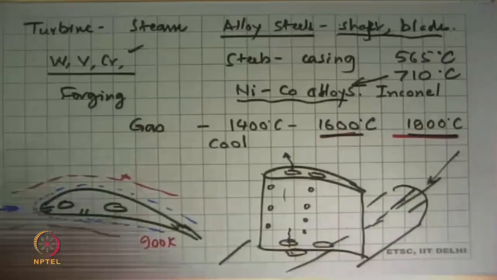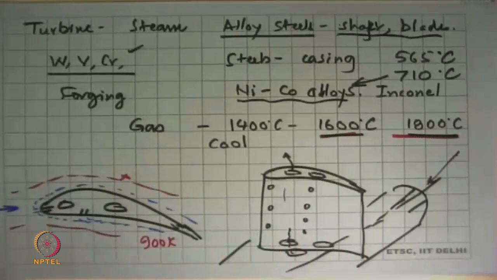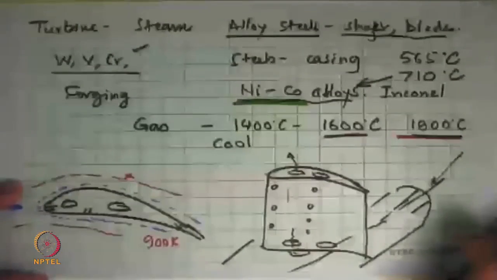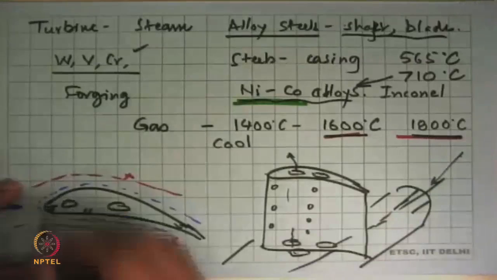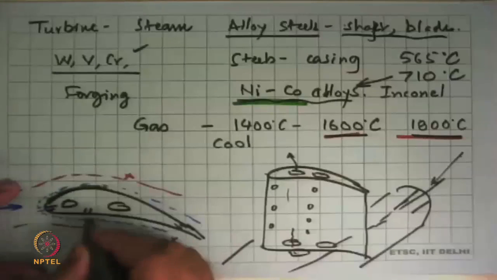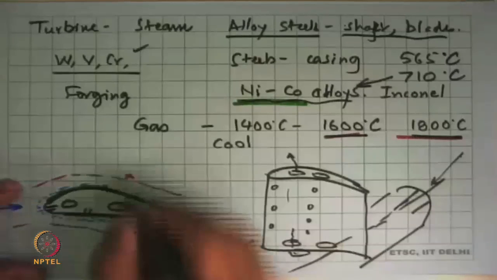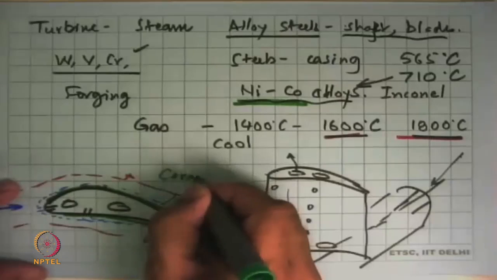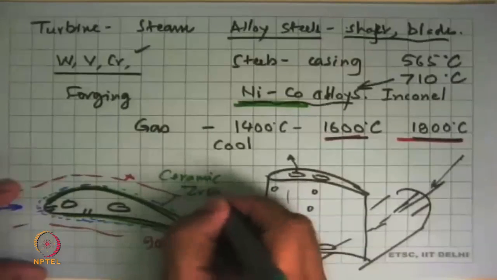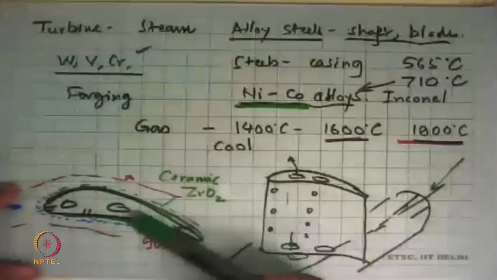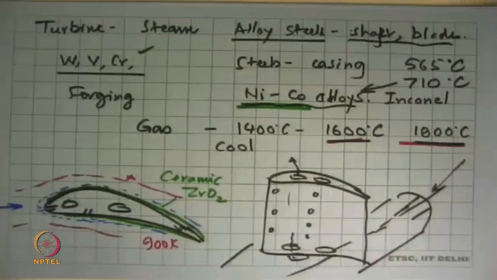To further reduce heat transfer to the blades, one more thing is done. So these blades are all made of nickel cobalt alloys. Okay, so that's one. The second thing, they have a small thin coating on the top, few hundred micrometers thick, and this coating is made of certain ceramic, typically zirconium oxide. Ceramics have very, very poor thermal conductivity, so they reduce the amount of heat that will go into the blade. So we like to have that.